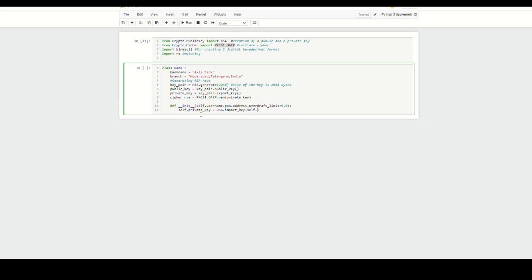RSA.import_key(self.private_key). Now we are importing the key from RSA, the cryptographic software library. We are importing it and defining where we are going to use it, like self.private_key is equal to RSA.import_key. Then afterwards,